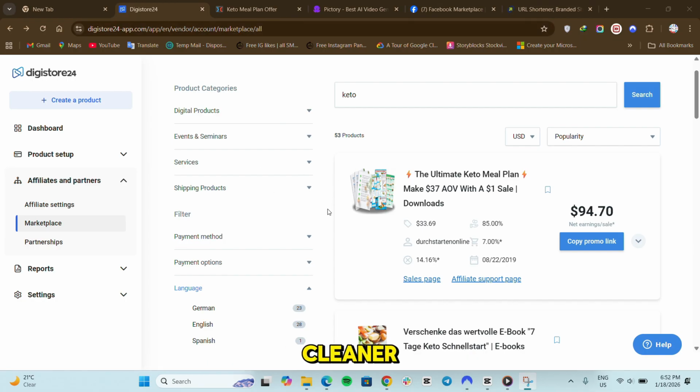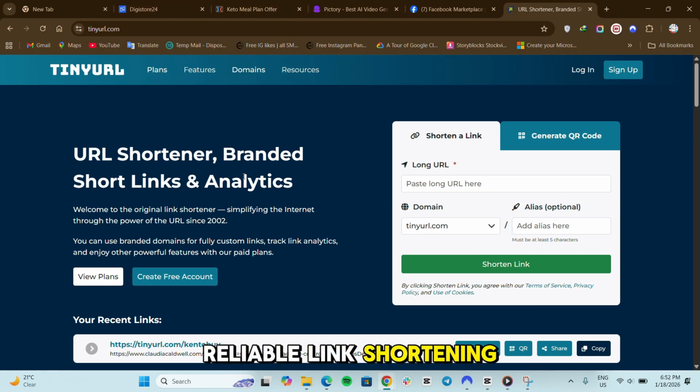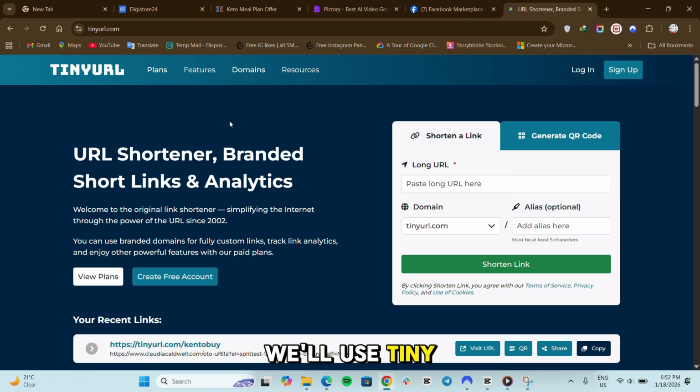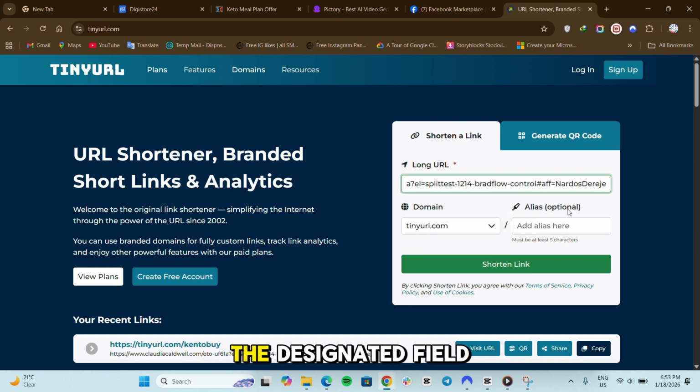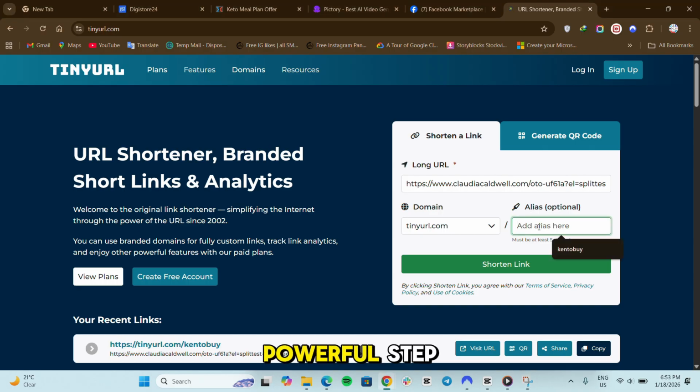To make it cleaner, more professional, and easier to share, it's a smart and simple move to shorten it. Open a new tab in your browser and go to a free, reliable link shortening service like tinyurl.com or bit.ly. For this example, we'll use tinyurl. Paste your long, complex affiliate link into the designated field on their homepage. These services often allow you to create a custom alias. This is a powerful step. Instead of a random string of letters,